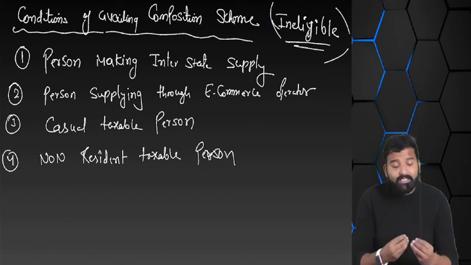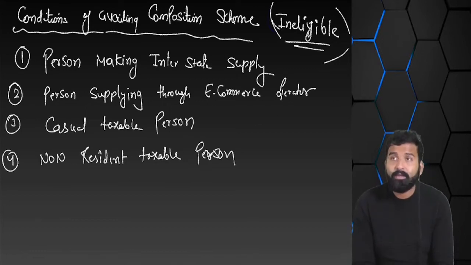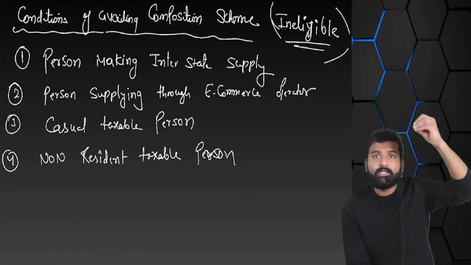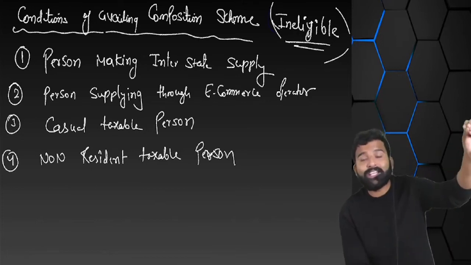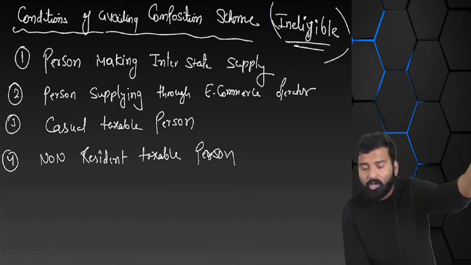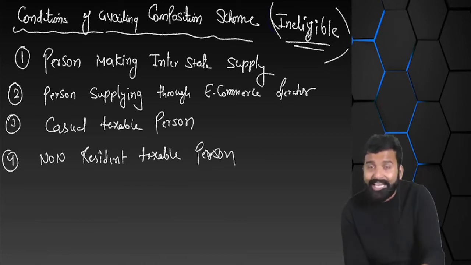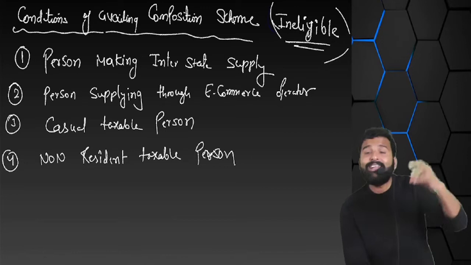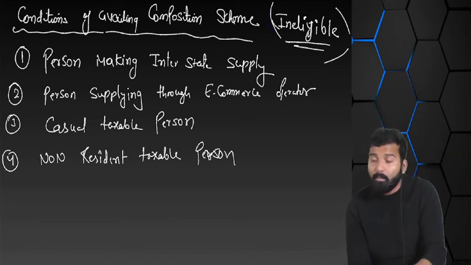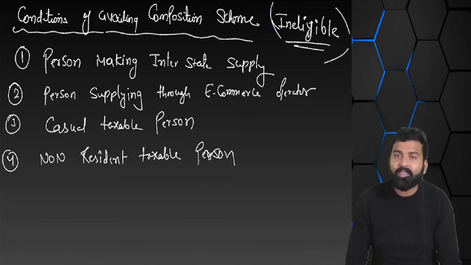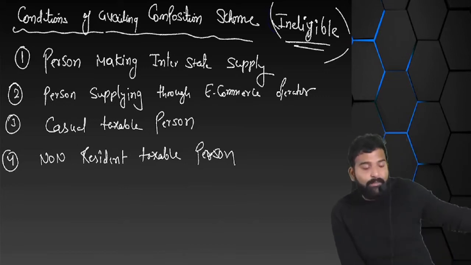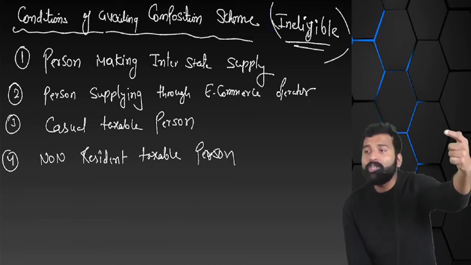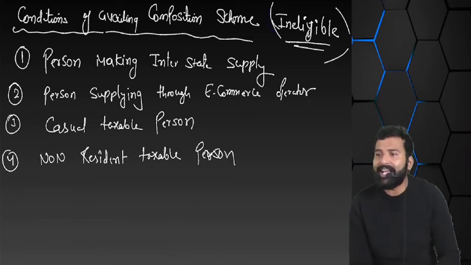So then what is called NRTP? In the same exhibition, there is a guy from Germany also. He also participated in the same exhibition and brought some goods with him to Delhi. So there is a guy who came from Kerala and a guy who came from Germany. Both are selling goods in that flea market at the exhibition. The guy who came from Kerala will be called casual taxable person, and the guy who is coming from abroad to participate in the exhibition will be called